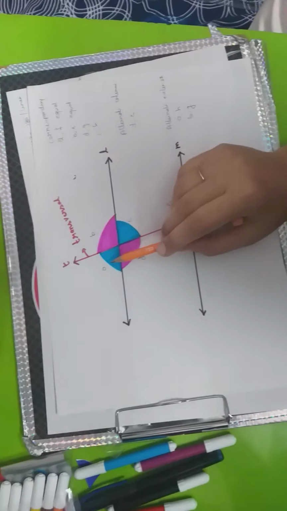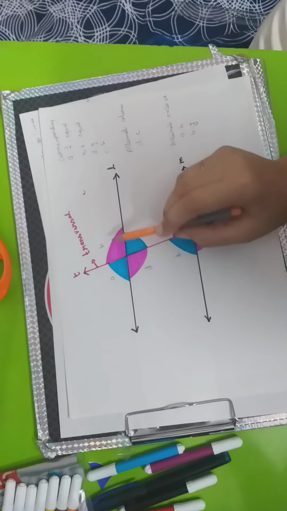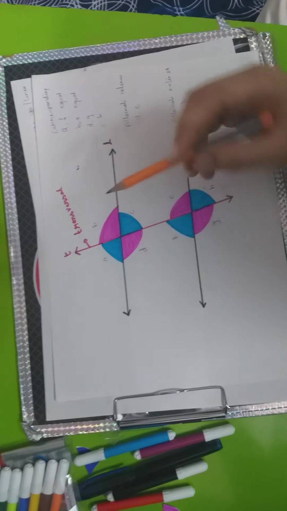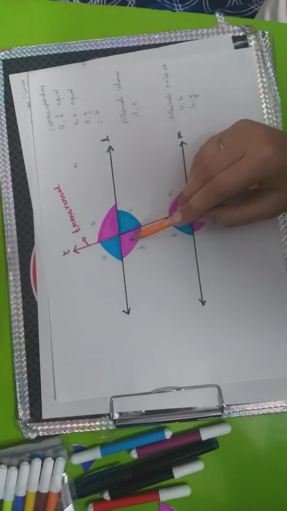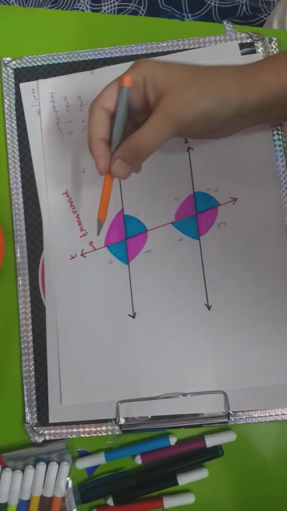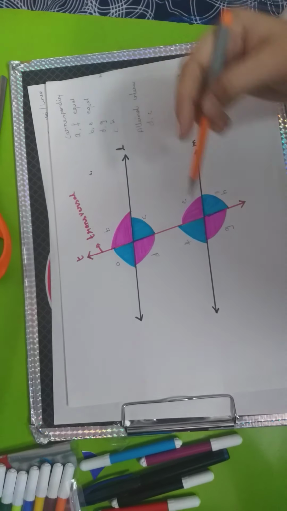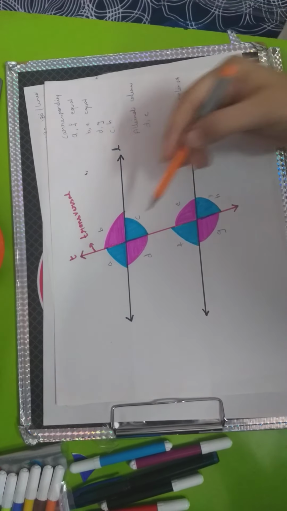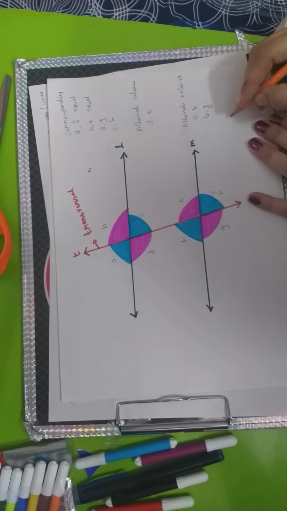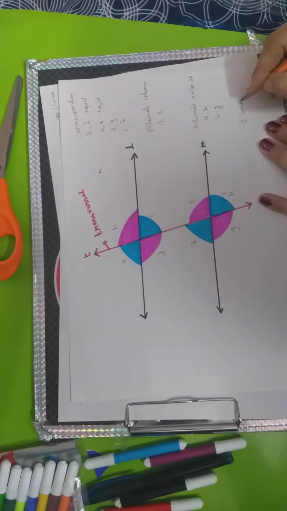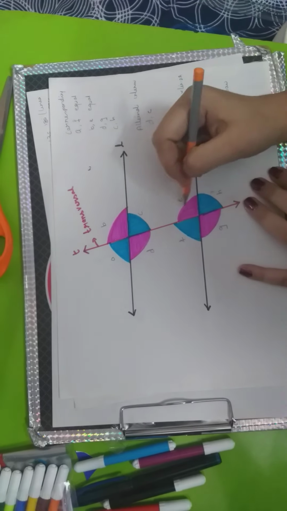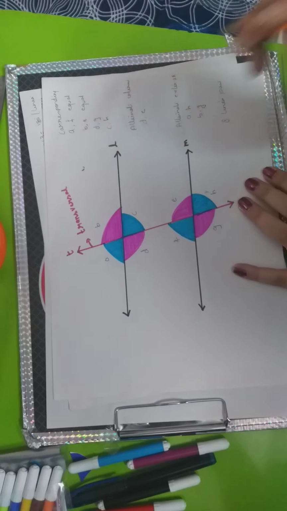Now one pink, one red, one pink, one blue show that they are forming a linear pair. This one is a linear pair, this one, this one, this one. So we have 1, 2, 3, 4, 5, 6, 7, 8, so we have 8 linear pairs. Now this blue and this pink show that they also have the sum of 180.